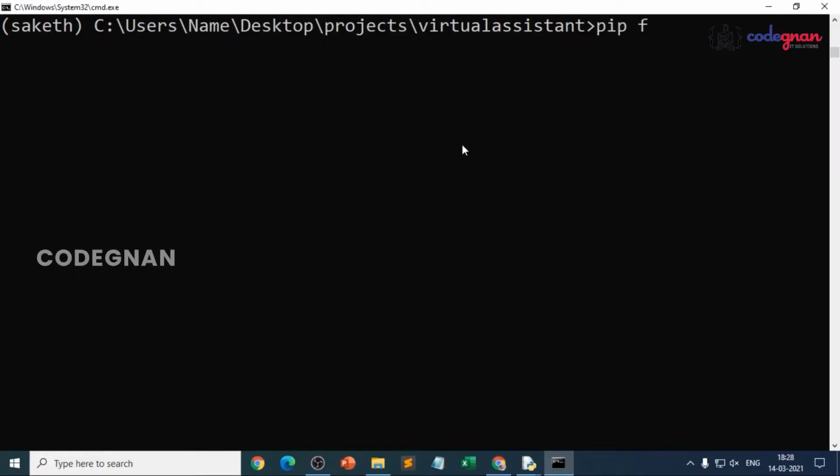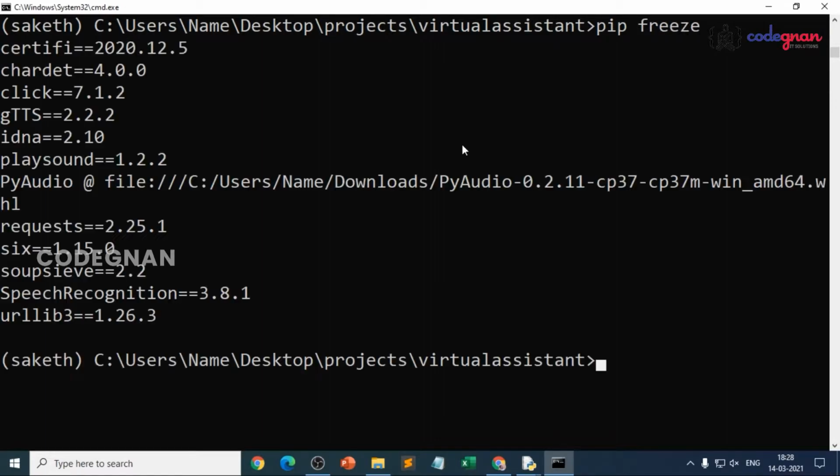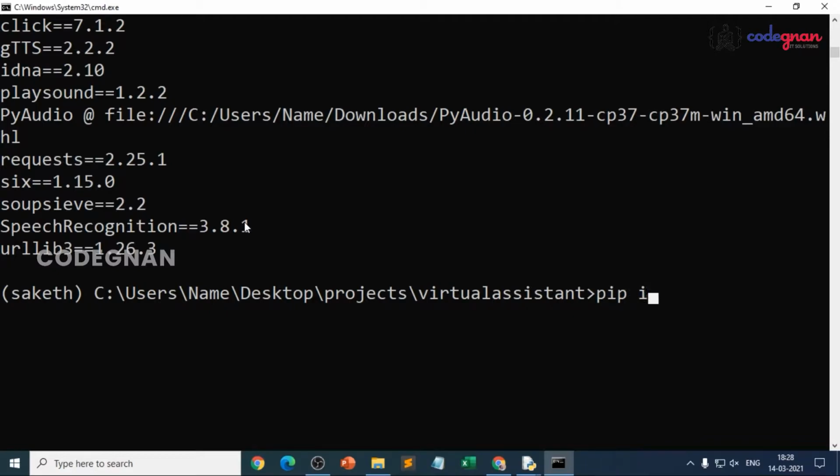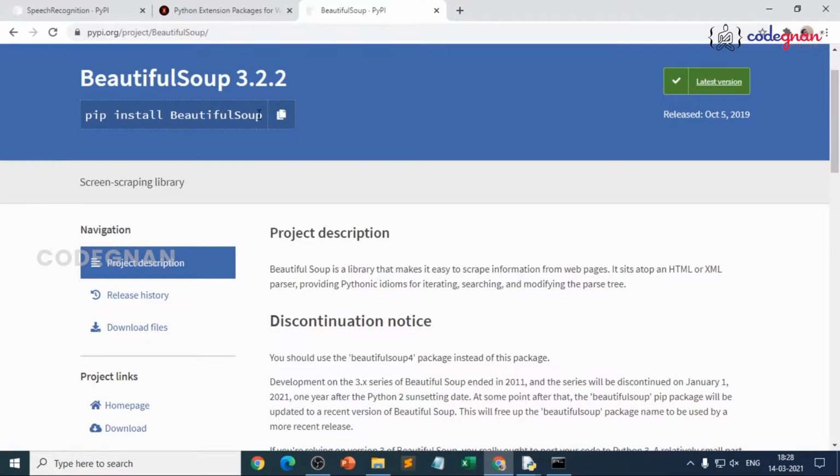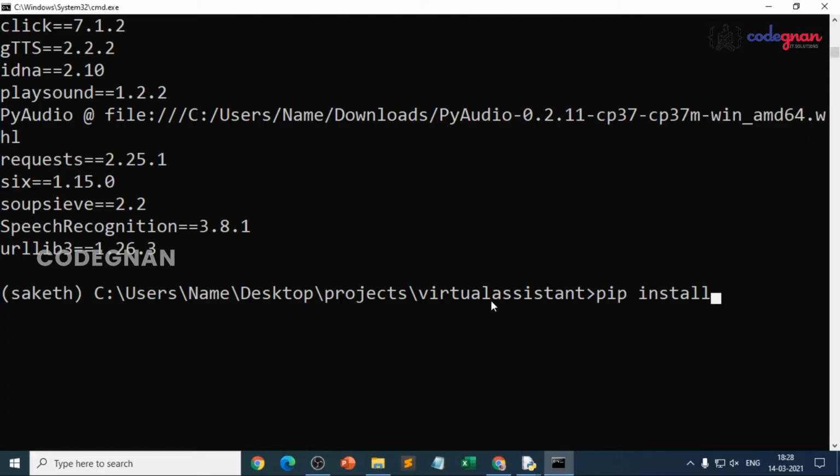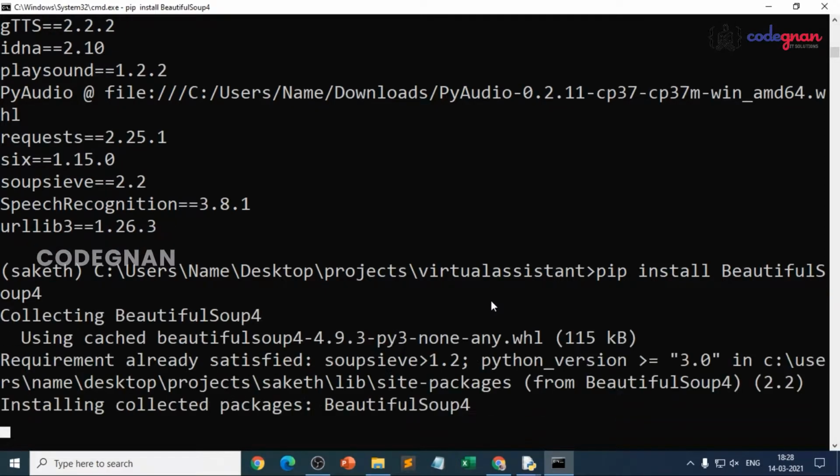When you go for pip freeze, you can see the libraries which are already installed. So with this, we'll install Beautiful Soup, because clearly it is showing pip install beautifulsoup is the extension. You just need to give the particular version, which is pip install beautifulsoup4. Let's install all the libraries at a time and work on it at the end, because we already have requests. We need to just fetch the data from the web by using request. Web browser is already default. So first, let's install pip install beautifulsoup4.